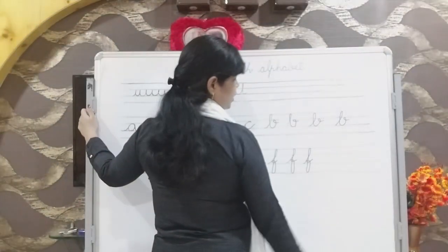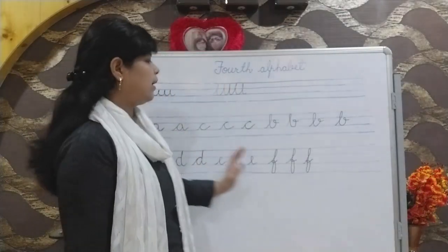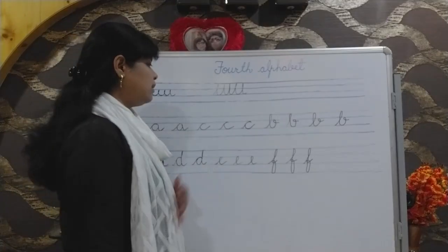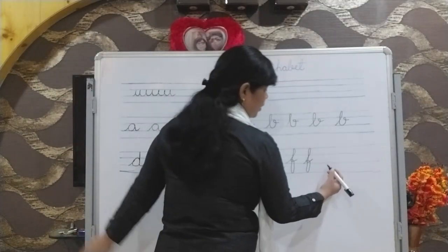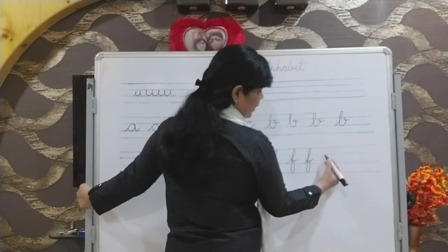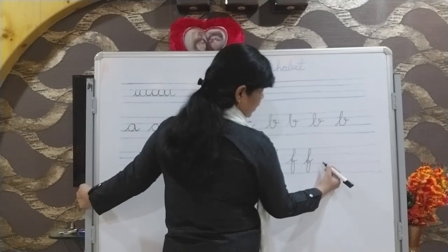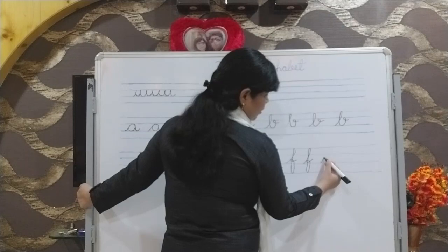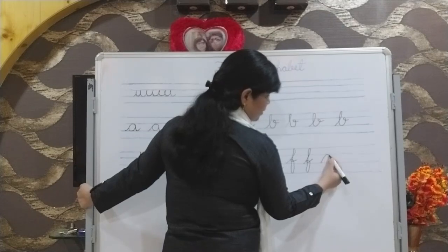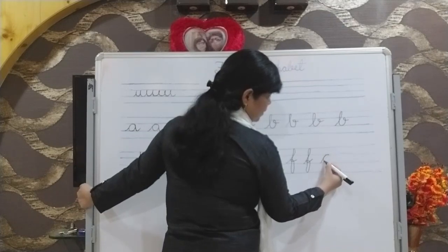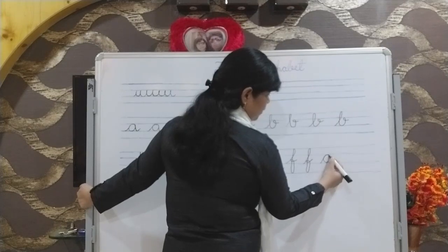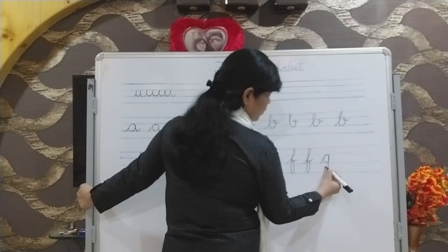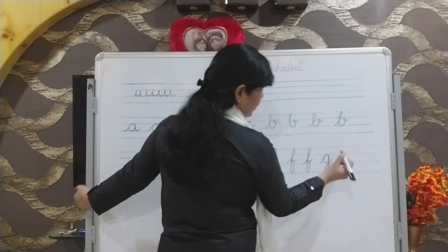Now G you have to see. G we will write in the lower 3 lines. You have to take care while writing letters. That order you have to learn carefully. From the third line we will start. Our circle must be among 2 lines. Yes, this big circle you have to make. Then a straight line, move, go upwards and leave this line.